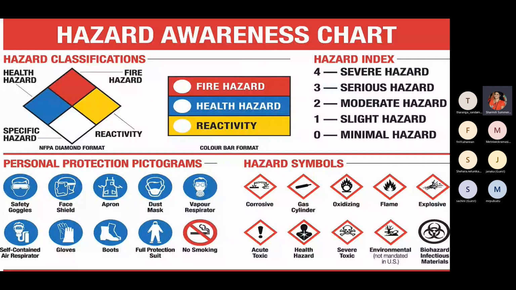Apron. Normally we use this apron especially during surgery. The physicians and the nurses use this apron in order to protect their body and their clothes from the patient's body fluids. Sometimes during surgery, blood comes out, a large amount of bleeding, so that blood will stain the body of the person who is doing the surgery. To prevent that staining, they wear the apron.